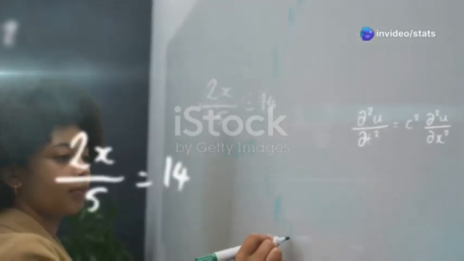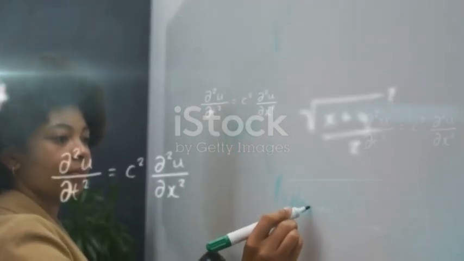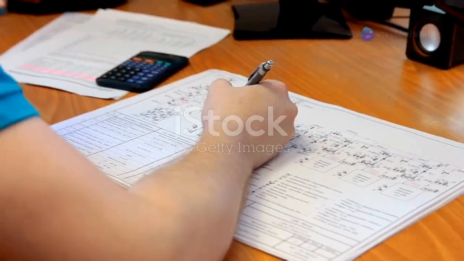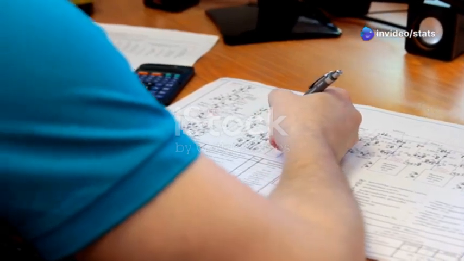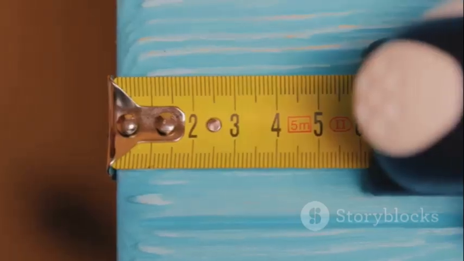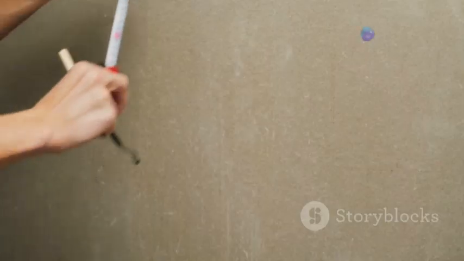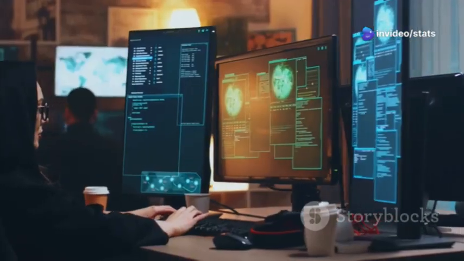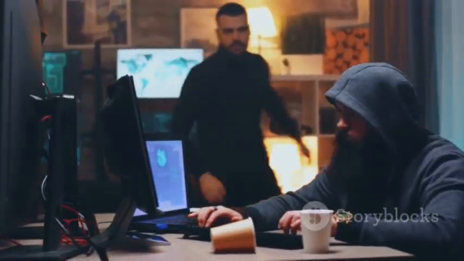At its core, Bayesian estimation revolves around updating our beliefs as we gather new information. It's a dynamic process of learning and refinement, where we start with an initial belief, observe data, and then adjust our belief based on the evidence. Imagine you're trying to estimate the average height of students in a school. You might have a prior belief that the average height is around 5 feet 4 inches. However, as you measure the heights of a sample of students, you gather new data. Bayesian estimation allows you to combine your prior belief with this new information to arrive at a more accurate estimate